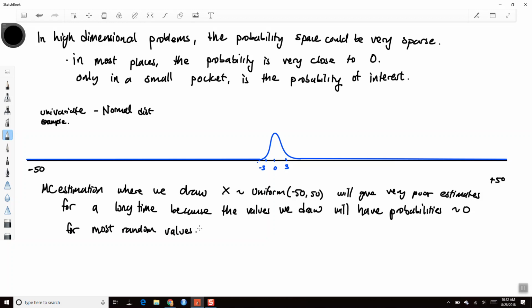This is just an example, a univariate case, and you can imagine, what if we had a bivariate normal? In the univariate case we've got from -3 to +3, so that's about 6% of your values, and in the bivariate case your space goes from -50 to +50 in 2 dimensions. It's only 6% in each dimension, and so of the total space for a bivariate case,